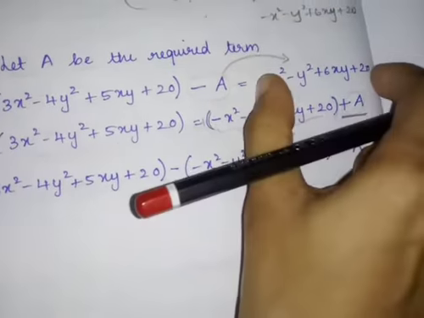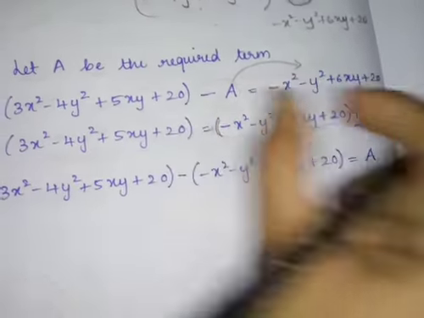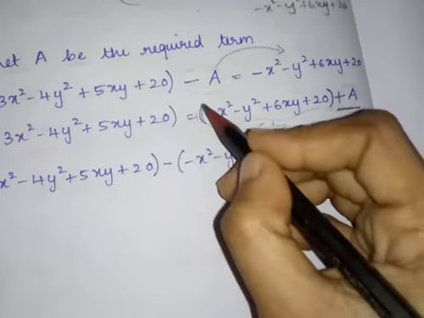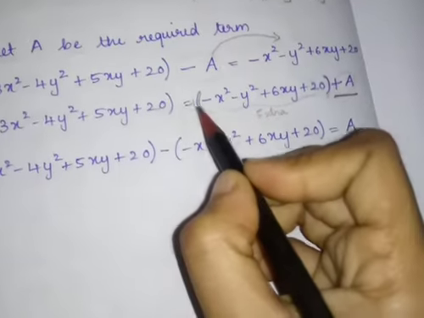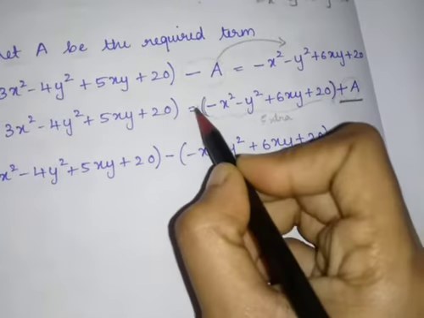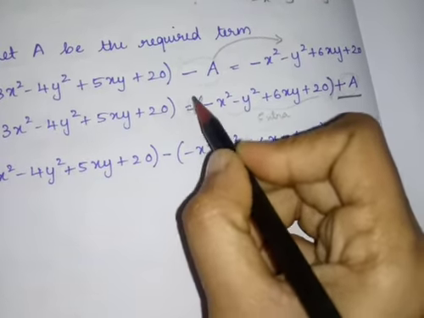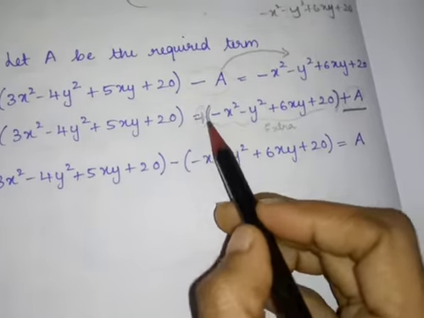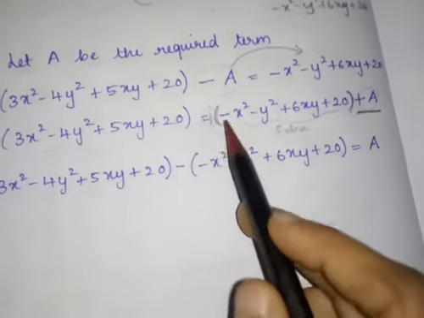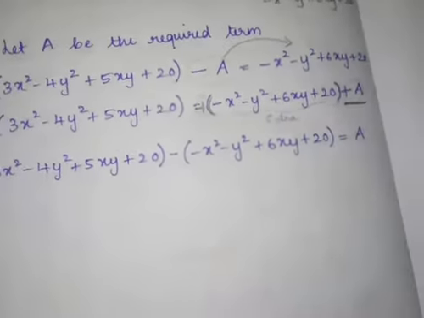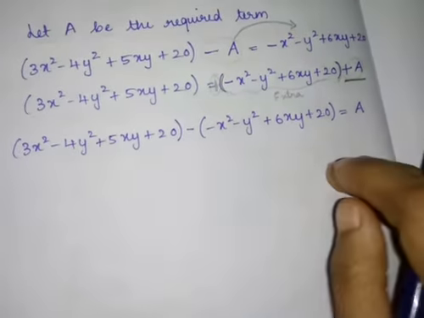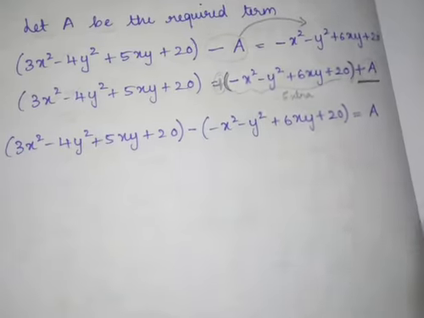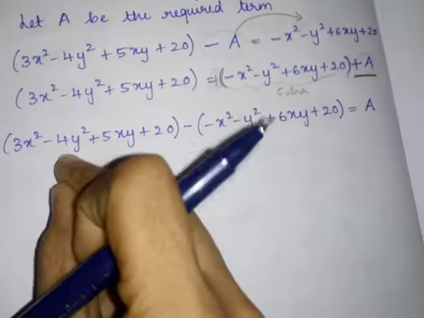Why? Because this term is different from this A. So I want to separate both things, that's why I have put them in brackets. This bracket term is positive because no symbol is there. So if it goes to that side, it becomes minus of this bracket term. Right. Now what will we do? I got only A on one side, and all other terms came to the other side.